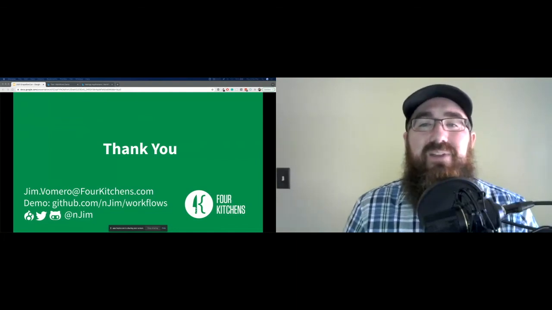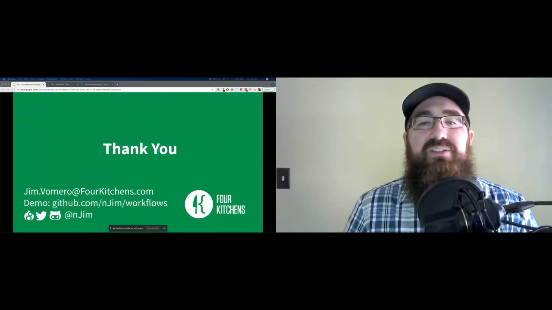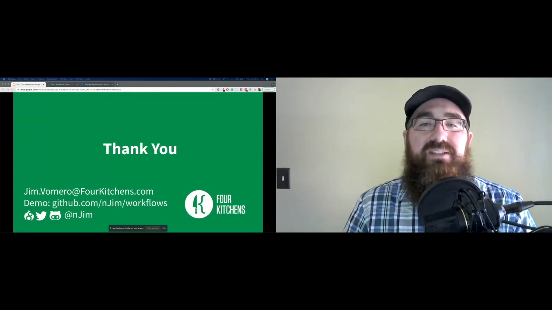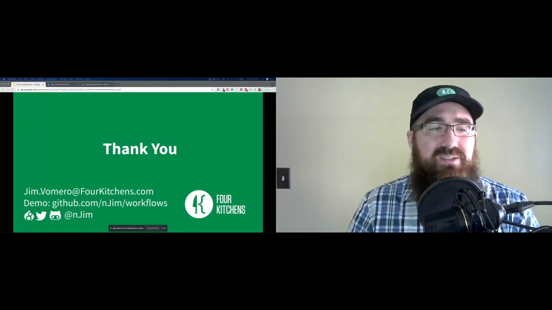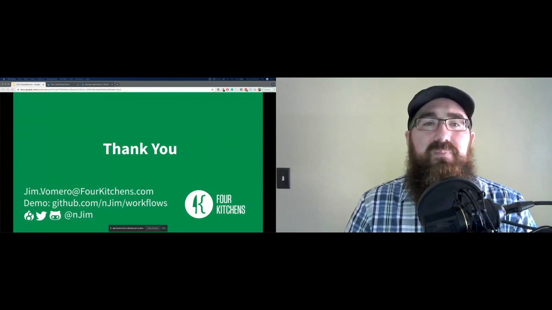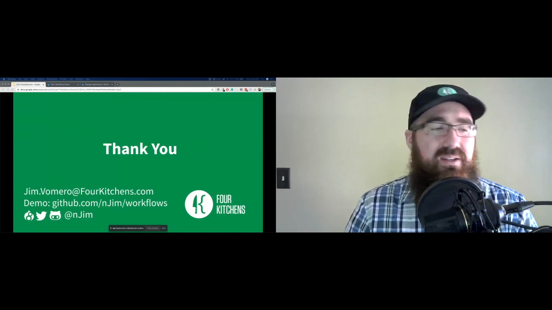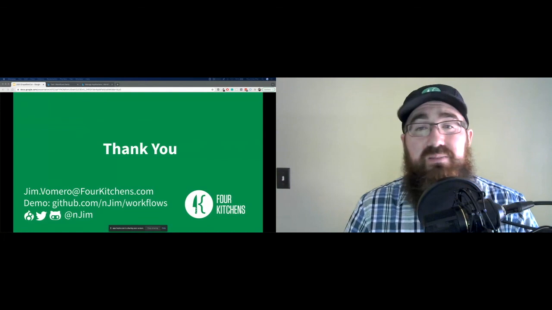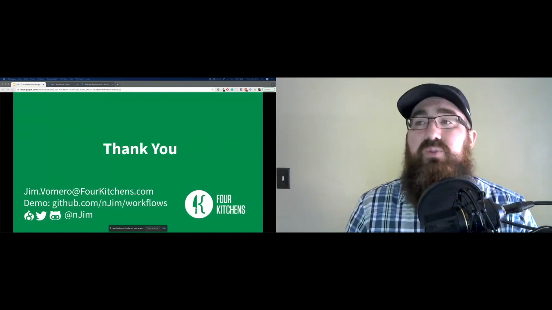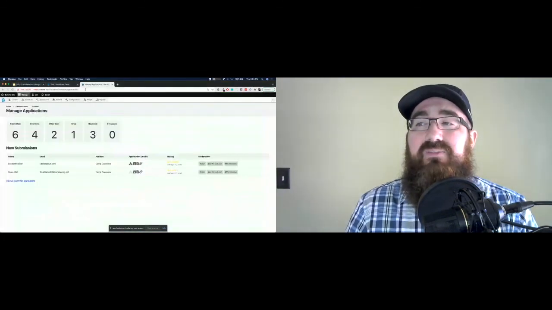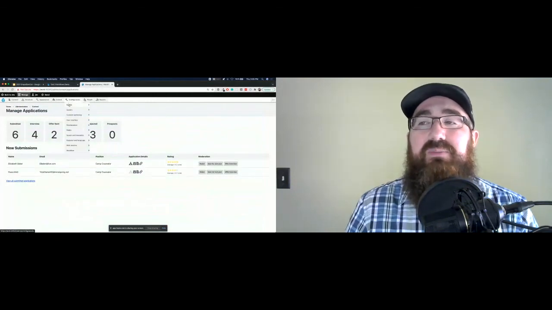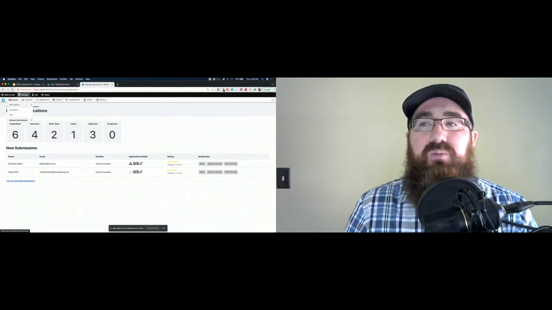And another question, can variables be inserted into the content so values can be changed once and updated across a set of pages, sent for review before publication? Yes, there's a few ways to do it. I have not seen a module that does this in a robust way. So there's a content token type module, but I've done this just with custom code. So I'll create a new configuration form in Drupal. This is a fairly easy developer task if you have someone on your team who's used to getting their hands dirty in code. So I'll create a new page here, somewhere in this config or in the content,